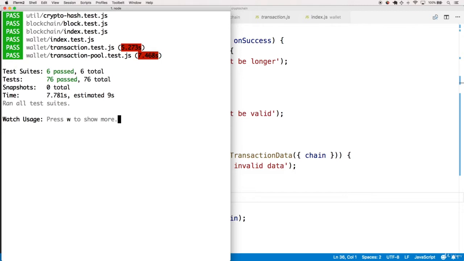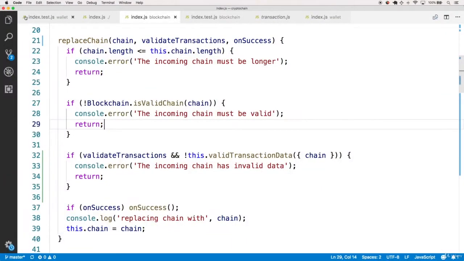Nice. But now we need to make sure that this valid transactions data method is still called in the relevant places in our application code. And that is where the blockchain replace chain method is actually called. And that is within the